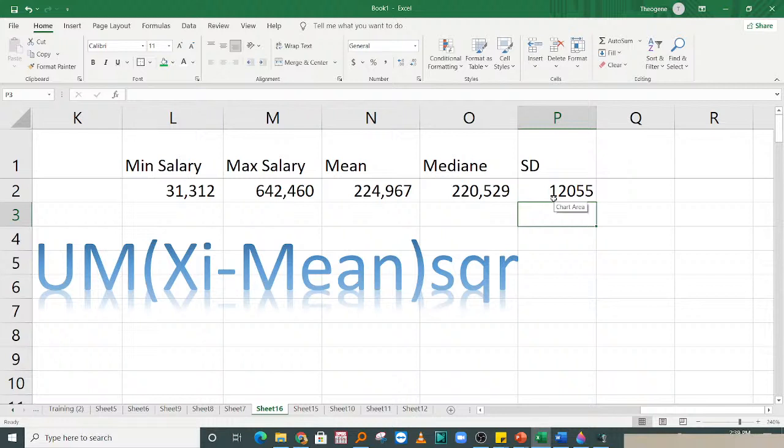What does it tell us? The standard deviation tells us that at least each of the staff salaries deviates 12,000 from the mean. That is what we call standard deviation. Standard deviation is the square root of the average of the sum of squared deviations of each point from